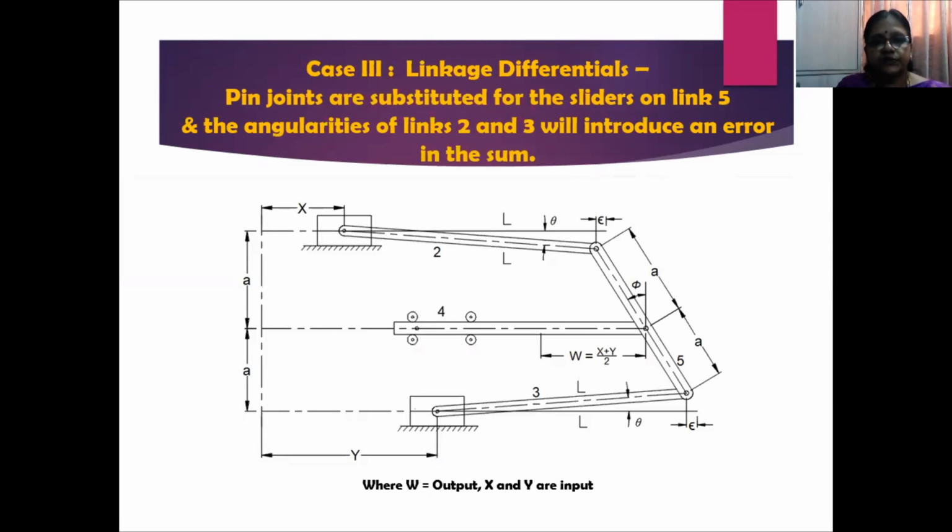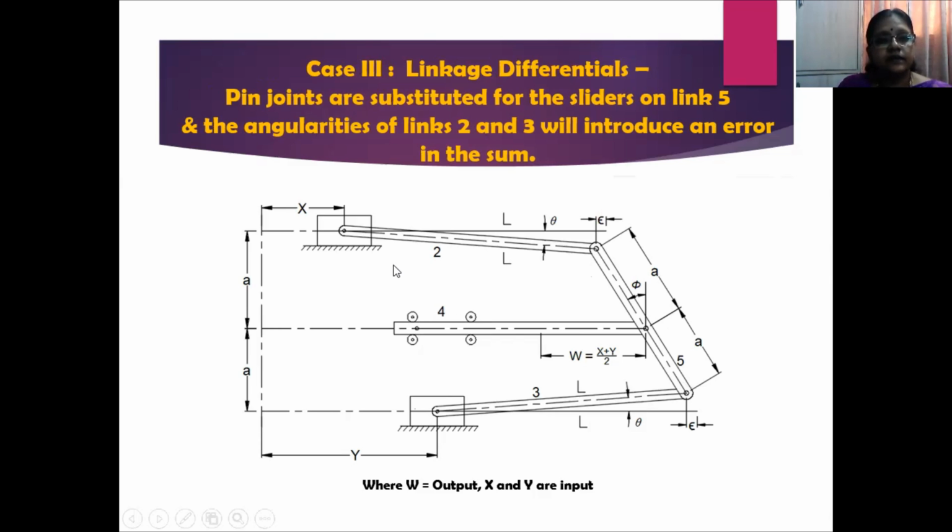Now let us go to case 3. Case 3 is again another linkage differential. In this particular case, there's again a modification in the previous mechanism. The modification is again in link 5. Instead of making link 5 a slotted link, here we are joining link 2, link 3 and link 5 with pin joints. And there is another